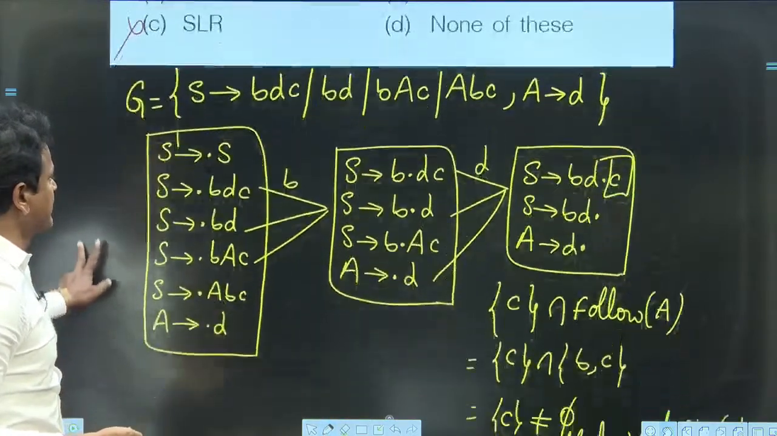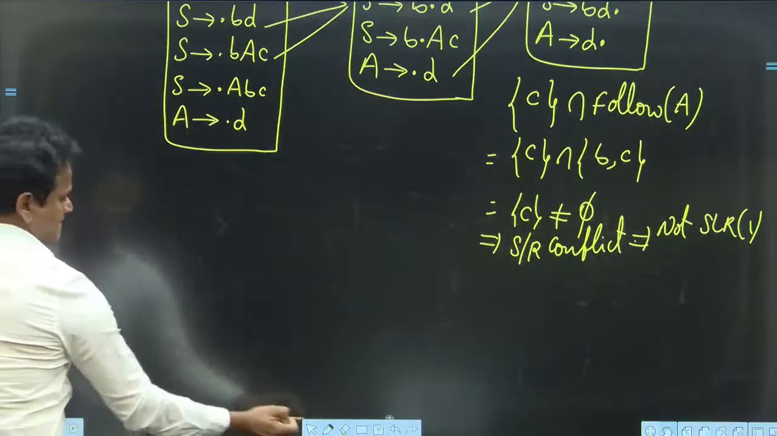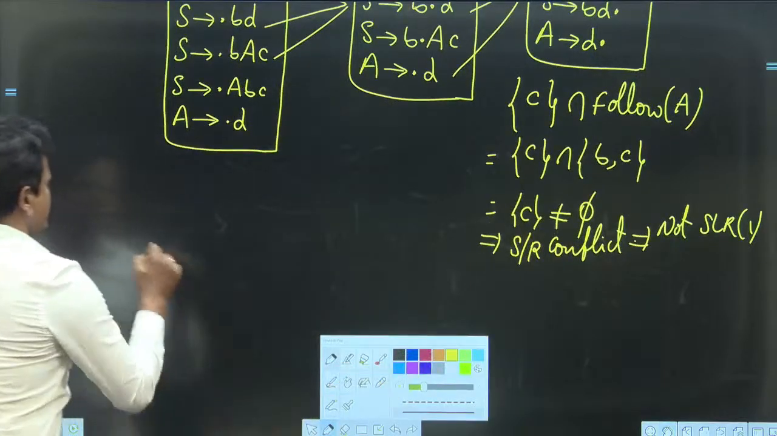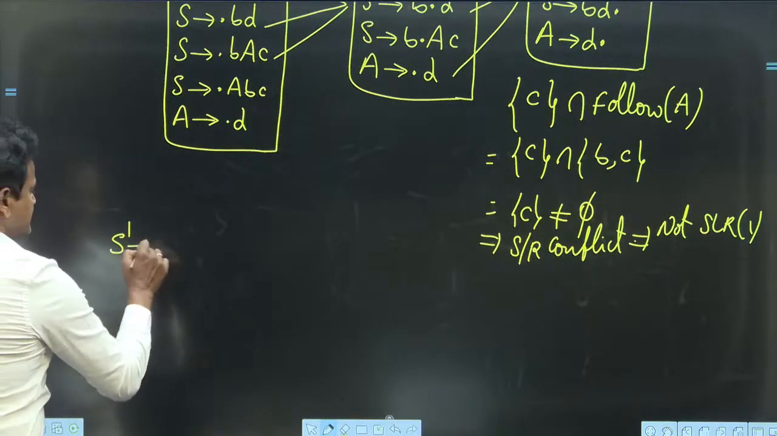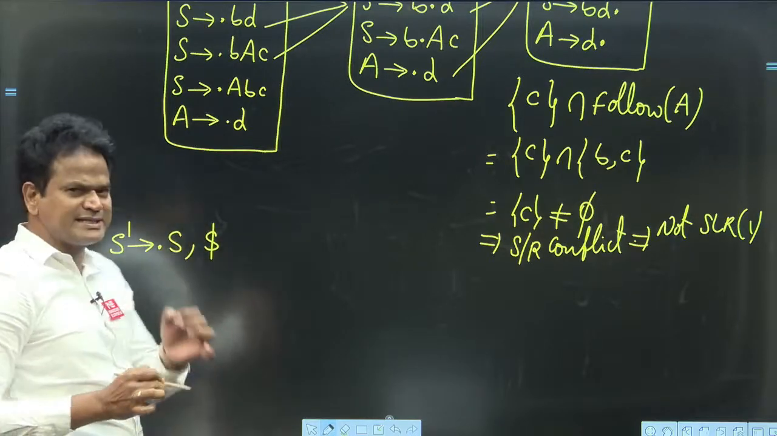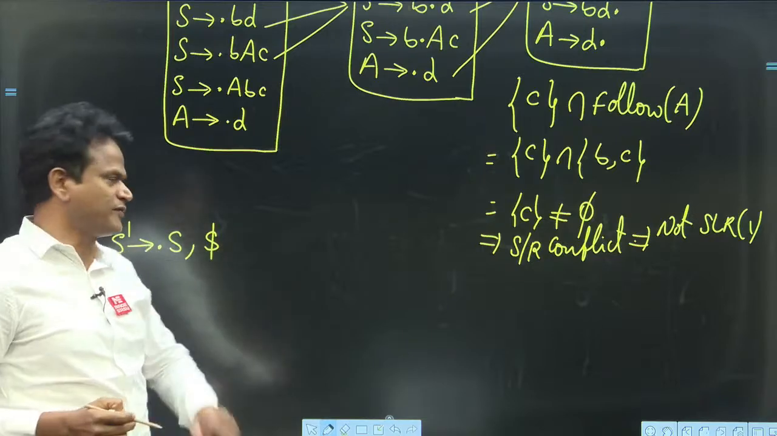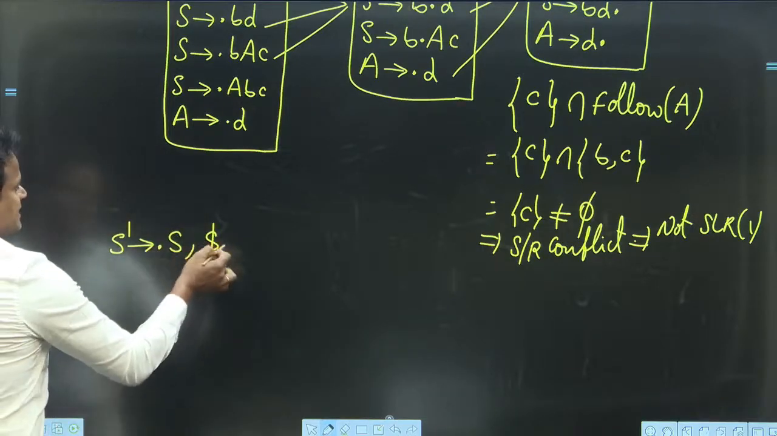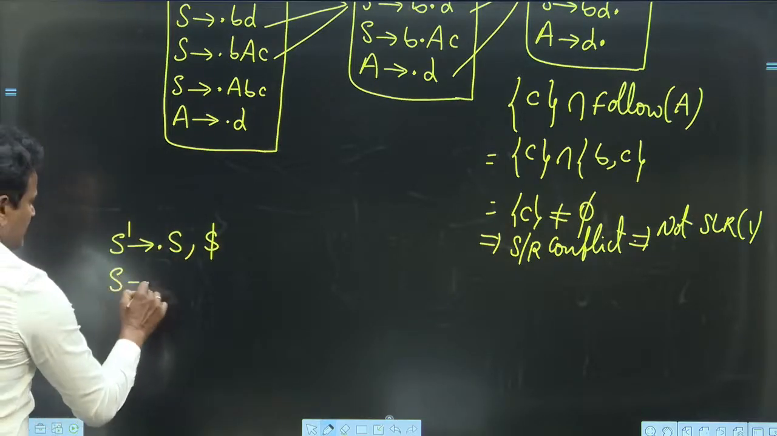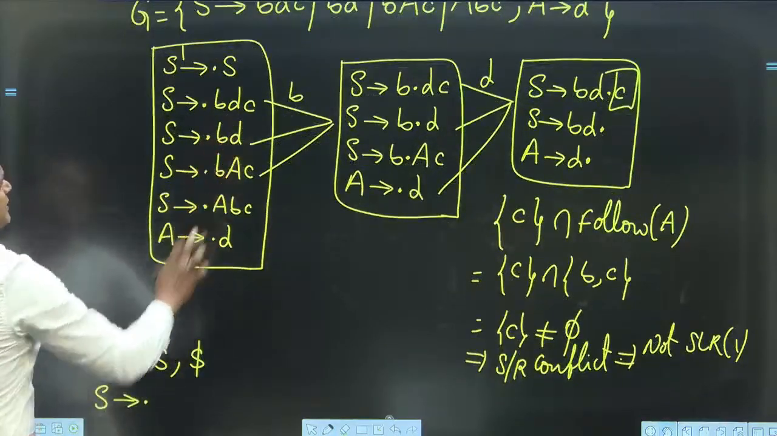So this is S dash derives, an easy question. Only thing is it takes a little bit of time and you have to do it carefully without making any silly mistake. S dash derives dot S comma dollar, and all the S productions. What are the S productions here? BDC, BD,